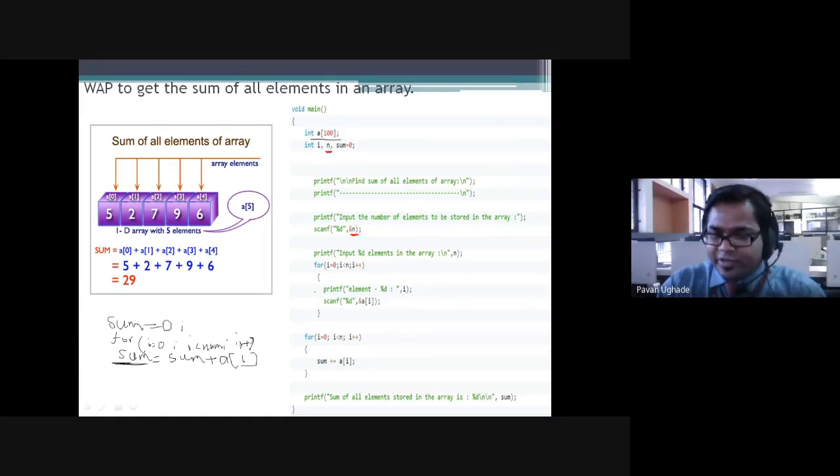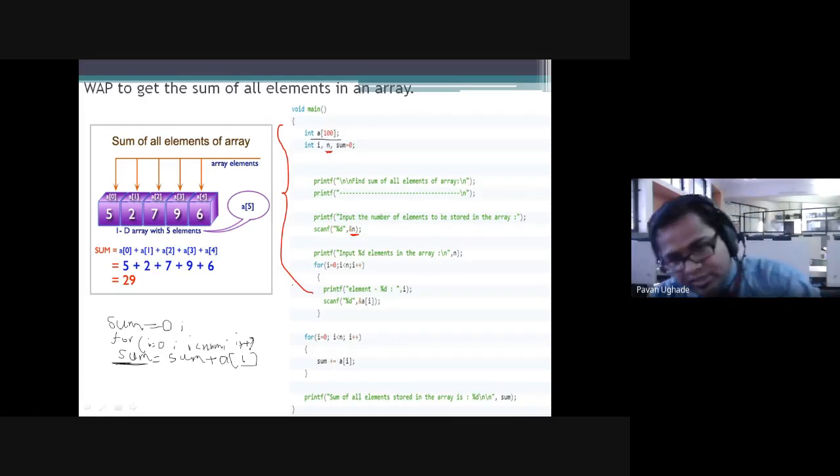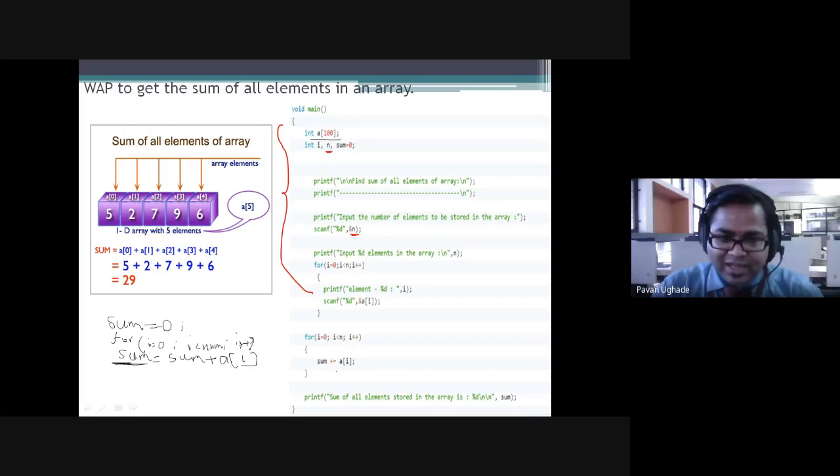Now this is very important. Whenever you write a program on arrays, this much is common, because you need to read the array elements from the user. So you require one scan statement inside the for loop. For I equals 0, I is less than n, I plus plus, we are scanning the address of a of I. I think this much is very clear. We have already discussed how to scan the elements when we started with arrays. Once you have done that, now this is the actual logic of adding all the elements.